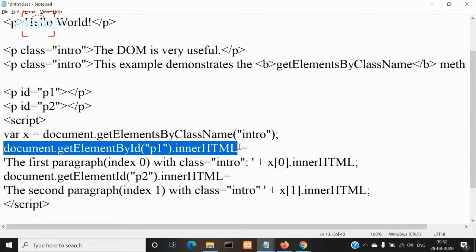Which tag is having class equal to intro? This paragraph tag. Before these two empty paragraph tags, you have two more paragraph tags which are having class equal to intro, right? So x of 0 contains which paragraph? This paragraph, "The DOM is very useful." And in x of 1, you will have this paragraph content. This example demonstrates, right? So x of 0 refers to this first paragraph, x of 1 refers to the second